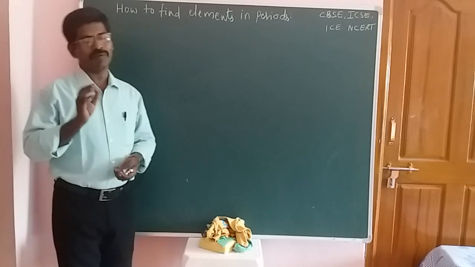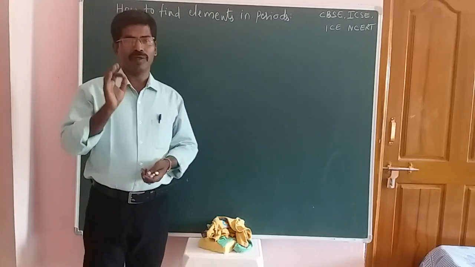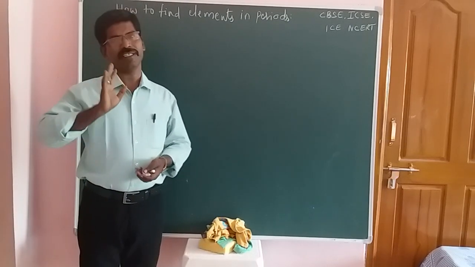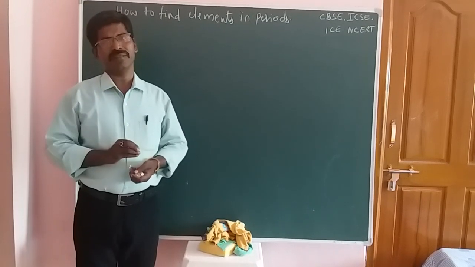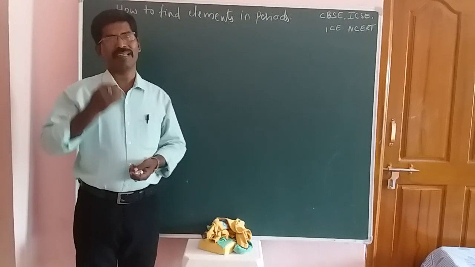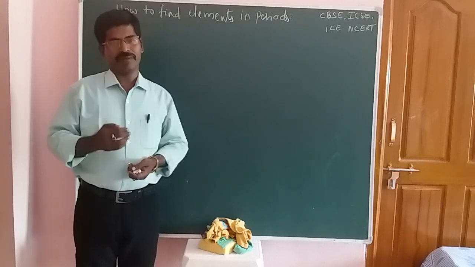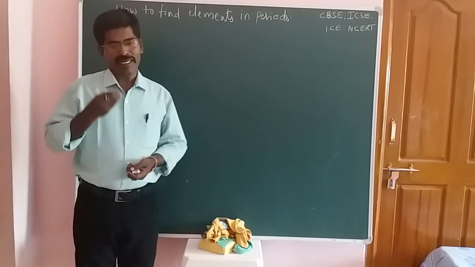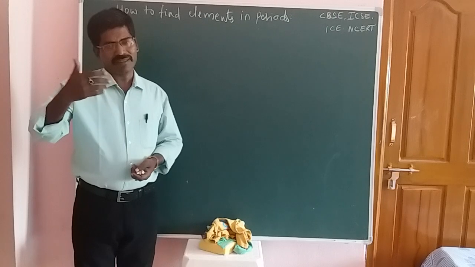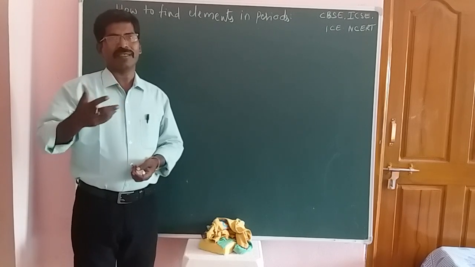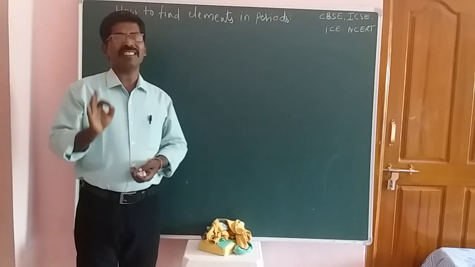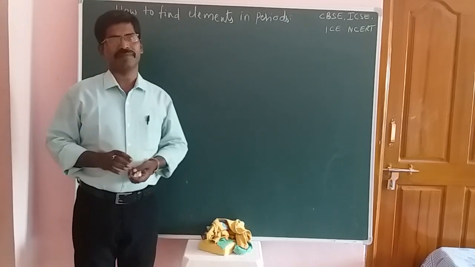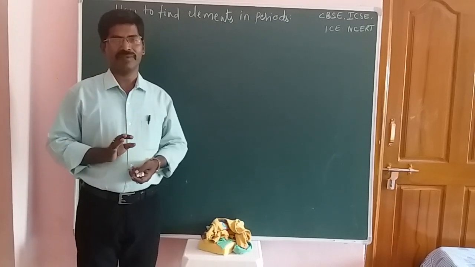Now here we have 118 elements in the periodic table. So you know that first of all. And one more thing, here we have arranged the elements from starting to, that means ending. That means the elements are arranged in the increasing order of their atomic numbers. So that is the concept.